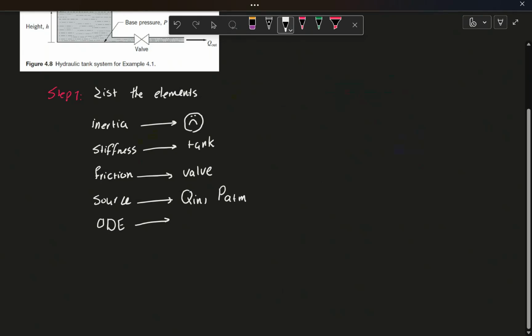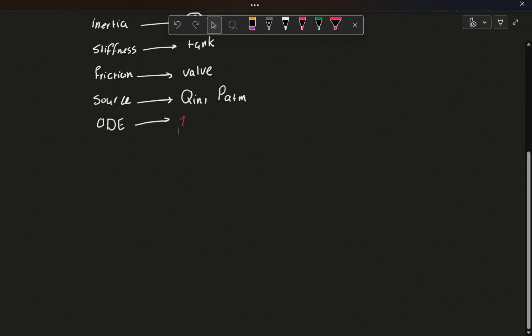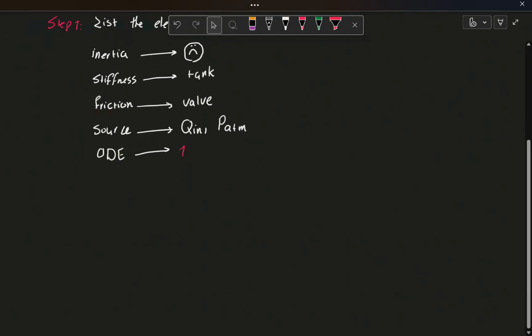The last thing that you need to comment on is the number of ODEs. If you look at the system, you see that you have only one energy storing element, and that is the tank, which stores the energy as potential energy. So you're going to end up with only one ODE. Now that the number of ODEs is done, and you have a clear understanding of the elements in the system, let's go to step 2